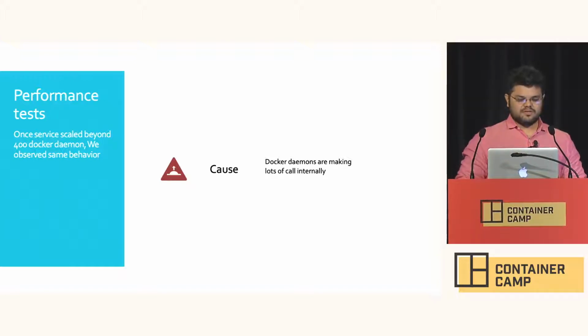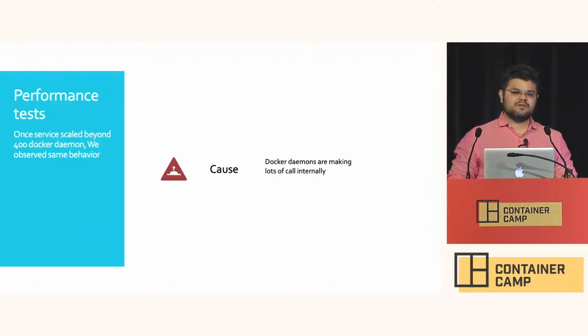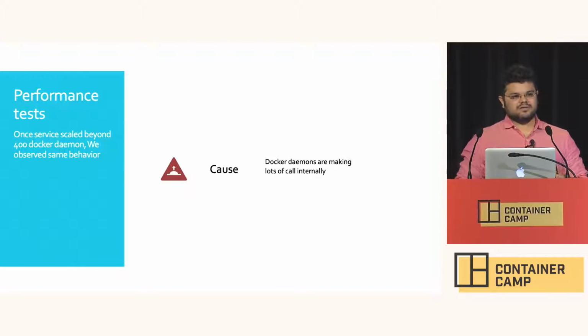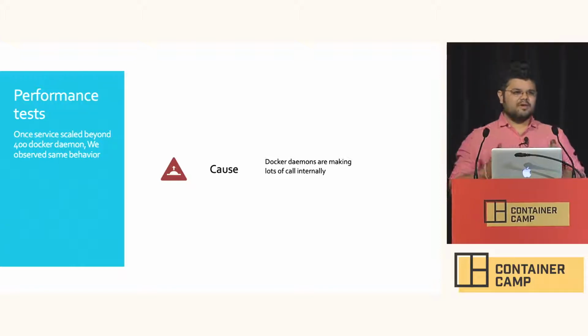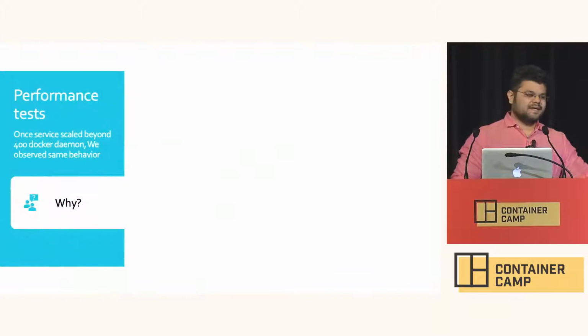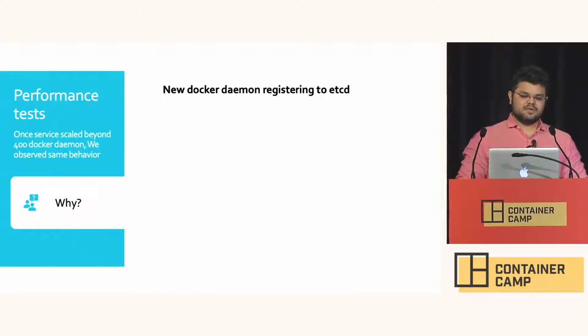400 plus Docker daemons, we were seeing that there was a lot of chatter happening between Docker daemons, and it was making a lot of calls to etcd, and we tried to dig into why it is happening. What we observed is, whenever there is a new Docker daemon registered with etcd, basically whenever a new Docker daemon comes into the environment,